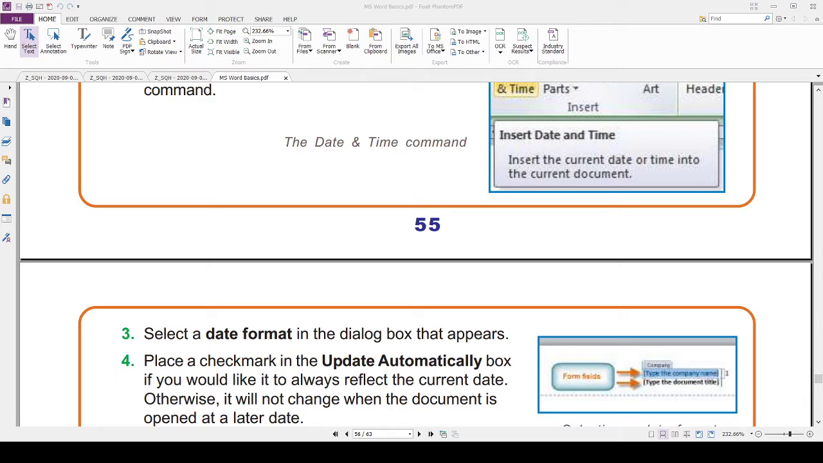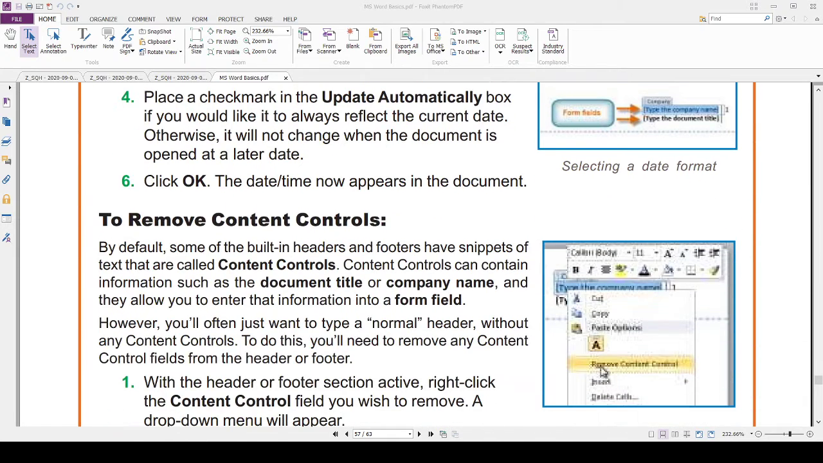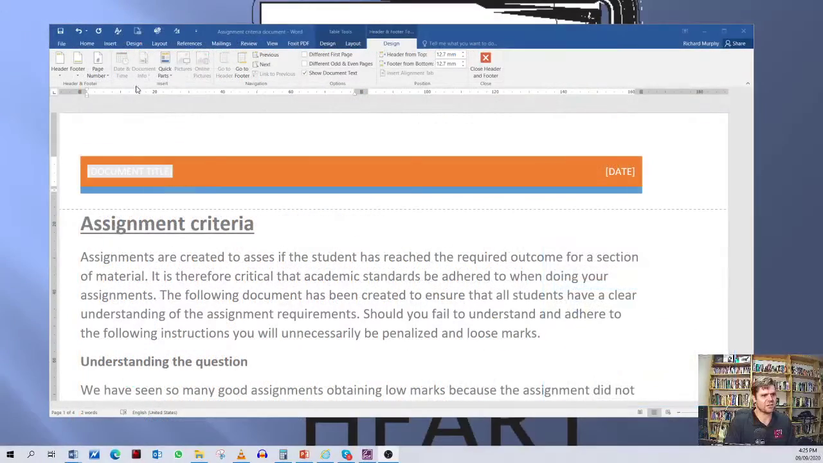just want to go back to the manual and show you. It's called content controls. It actually pulls through from the main information of the document. So say you've given the document a title, and like on this particular header, that document title will pull through